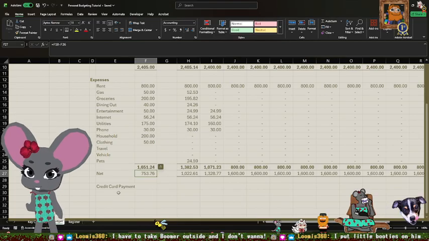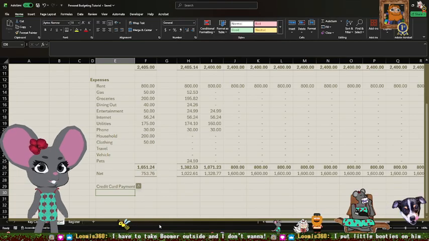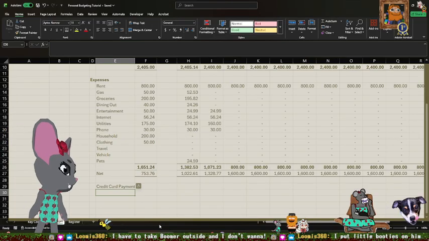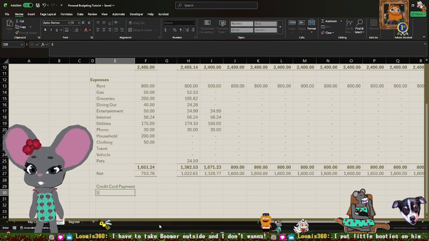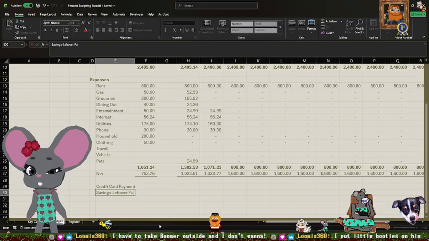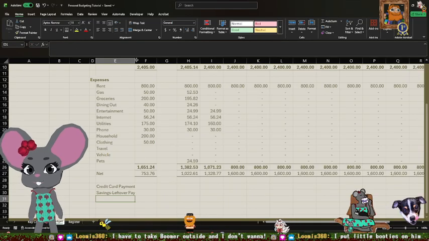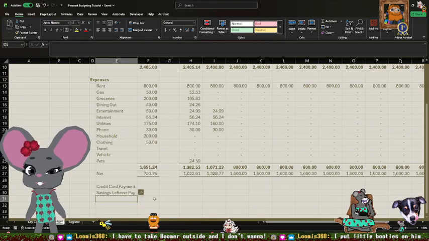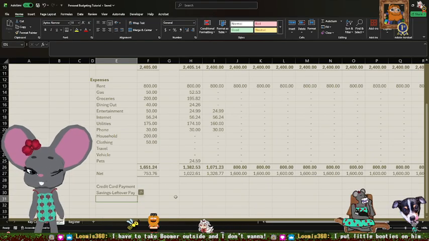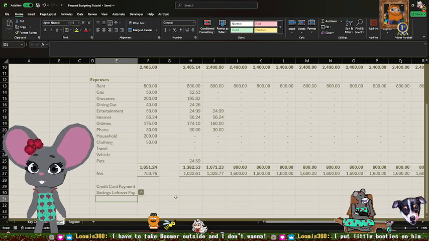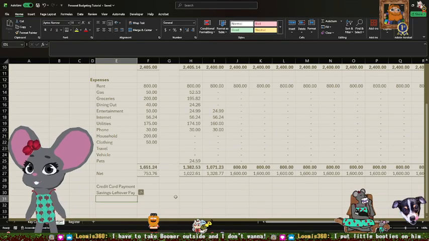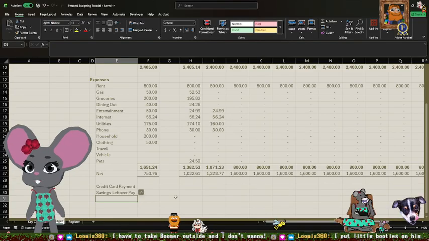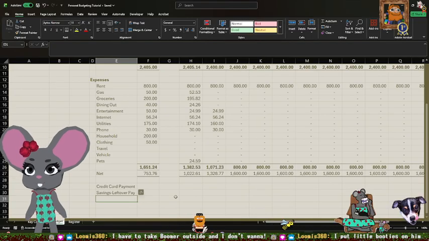This is how I do it. I make a new category. I call it savings leftover pay. So the amount of pay I have left over after my current and expected expenses. But sometimes you will spend more than you make, and you need to withdraw that money out of savings to pay your bills.